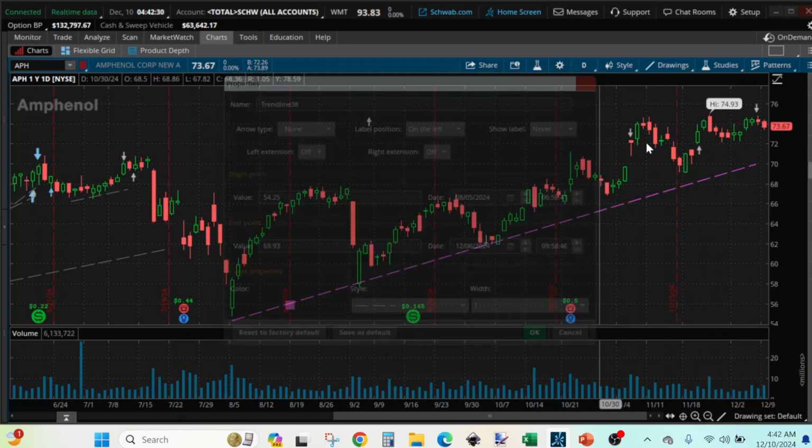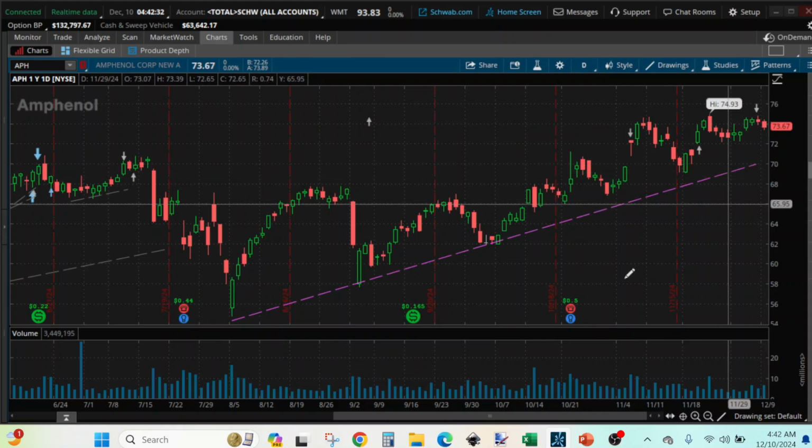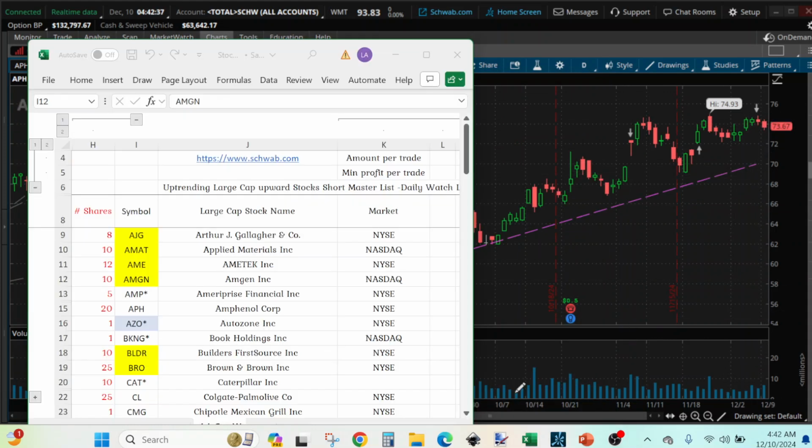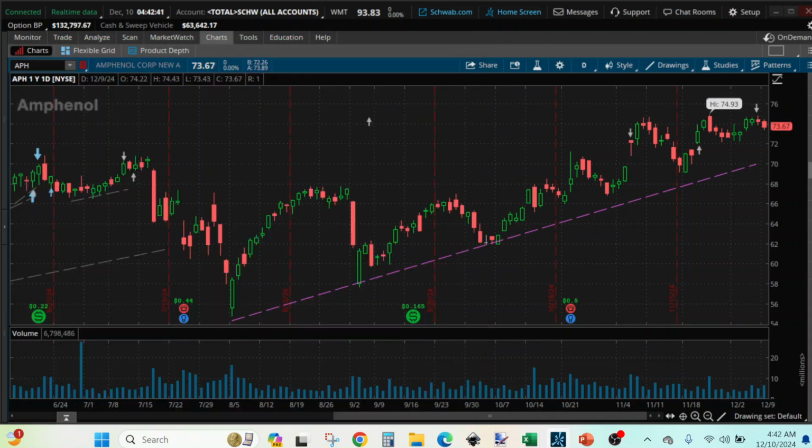I like to extend the line a little bit, but that's fine. That's the line, it is far from it. So next, BKNG. In case you are wondering, every single price bar on the chart